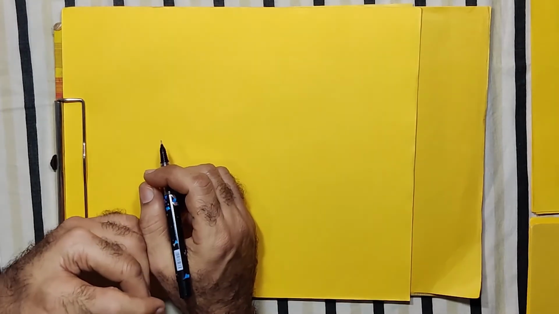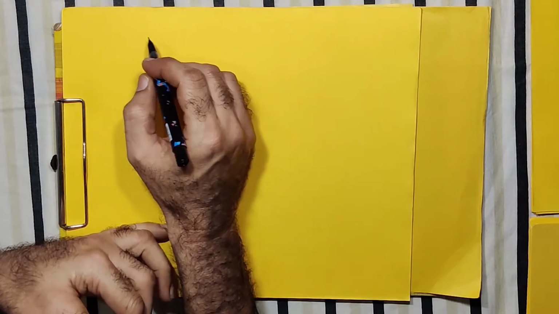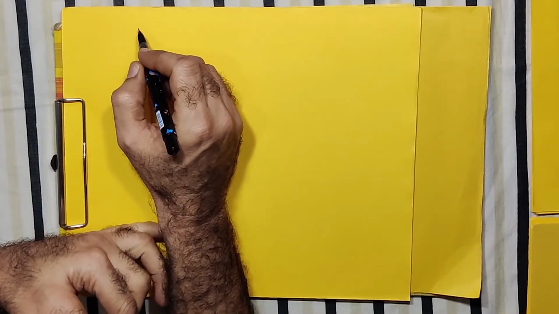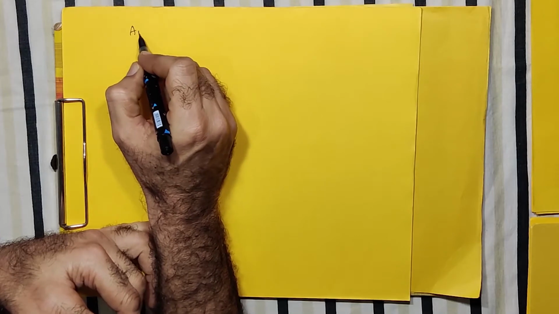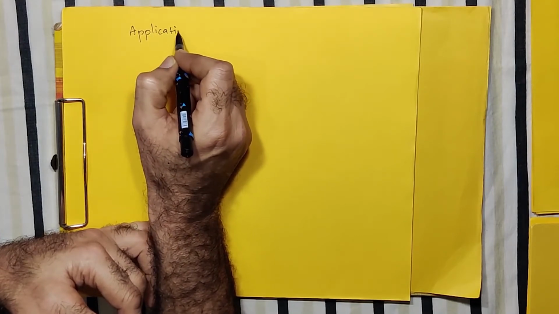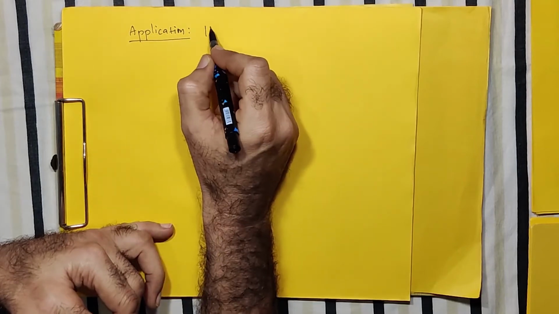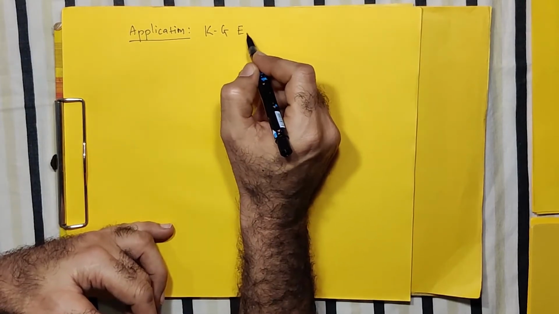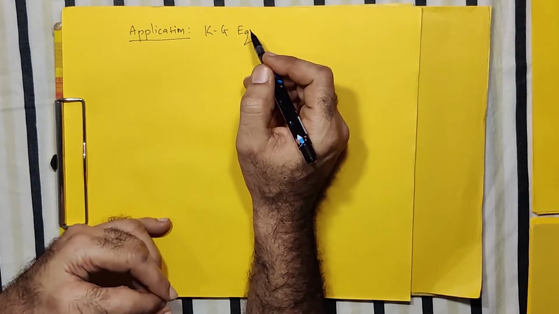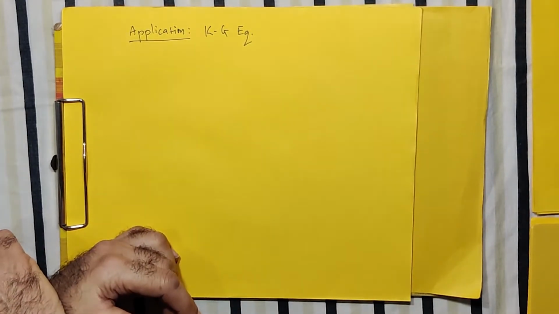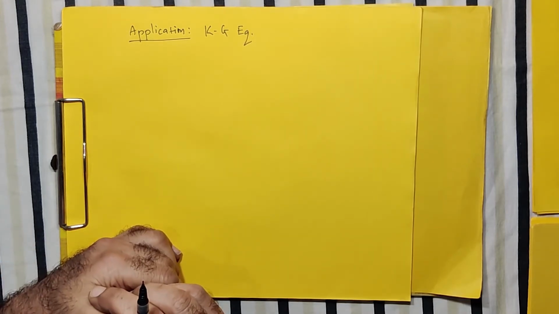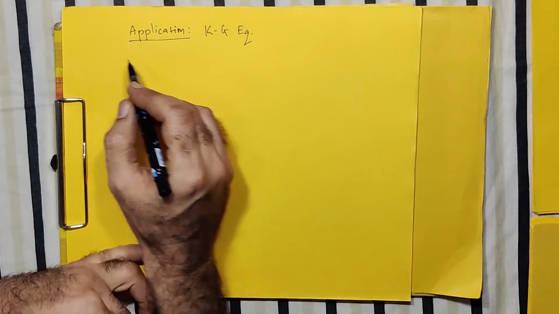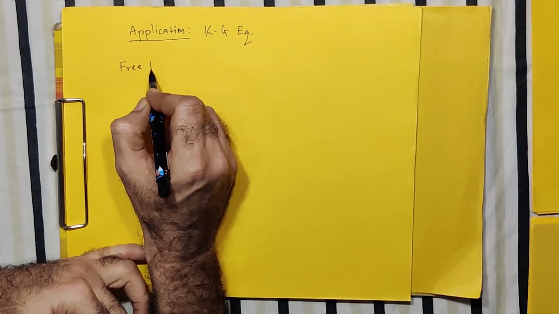We start with the application of the KG equation. As a first application, we can apply this KG equation to a particle which is under the action of a Coulombian force. In fact, the equation which we have derived was for the free particle. So for the free particle, if we just recollect,